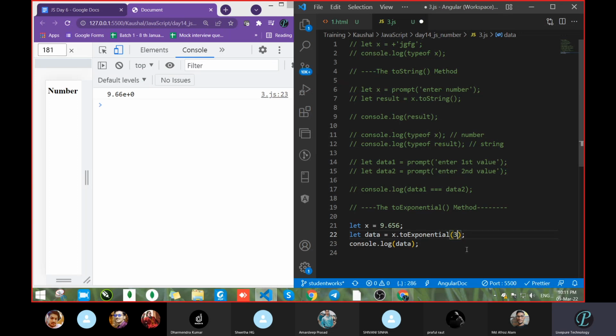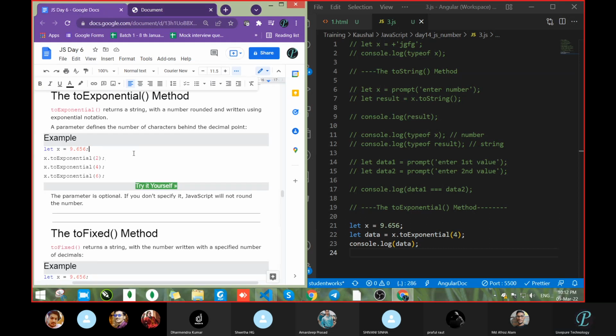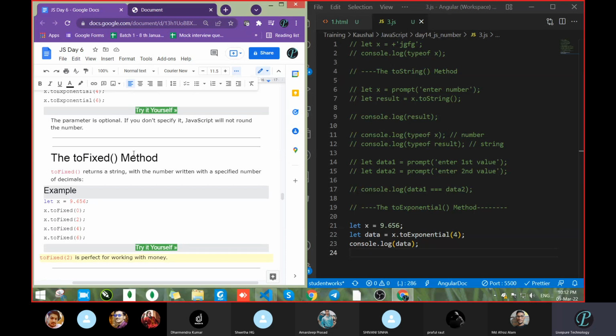If I pass 3, the exponential value will have 3 after the decimal, remaining will be e power. If I pass 4, the value will be 4. After that all will be e power. Getting? So this is what happens in the case of toExponential. Means how many values you want after the decimal, the remaining will be represented as e power. Clear? So this way we can convert into exponential form.